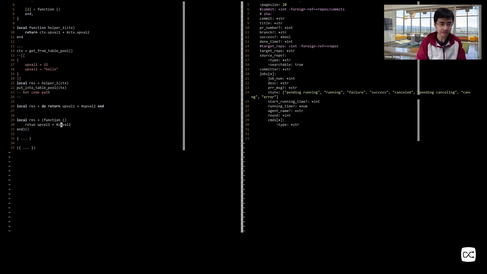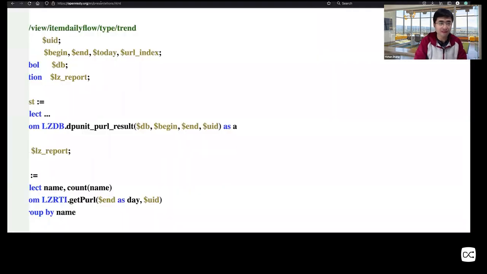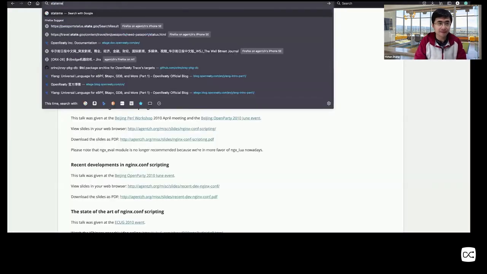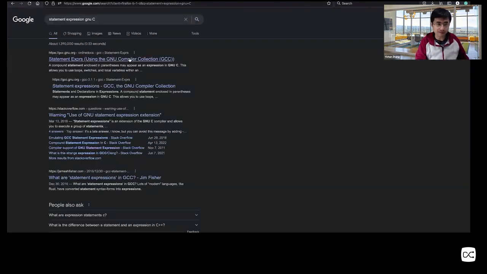Basically, you can put an arbitrary sequence of statements on the expression level without introducing new closures or new functions, so that makes the code composable, because each component of an expression can be a code block itself. That's why it's composable. And for the GNU C statement expression, we will see, that's the official man page here.